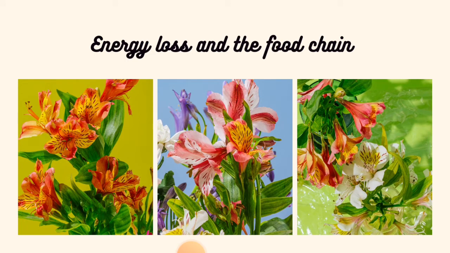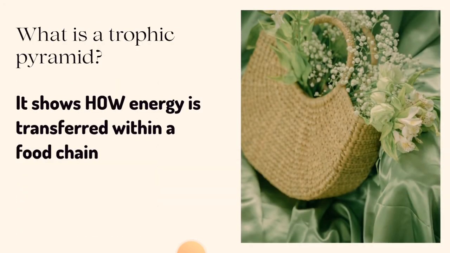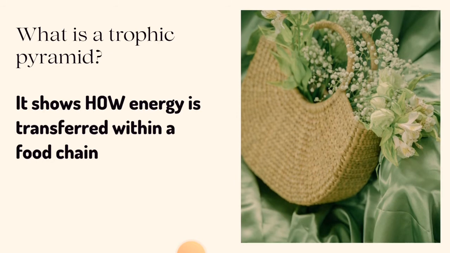Grasshopper eats grass, consumes the energy. Frog eats the grasshopper, takes the energy of the grasshopper. The snake eats the frog, takes the energy of the frog. And finally, the tertiary consumer, hawk, eats the snake. And when it dies, all the energy in its body is returned back to the soil for the producers to use again, right? After it has been decomposed by earthworms, snails, and the others, the decomposers.